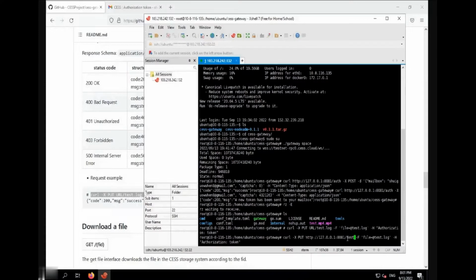For mine, it will be file test.mp4. Then replace the token with the token code received in the mailbox earlier.